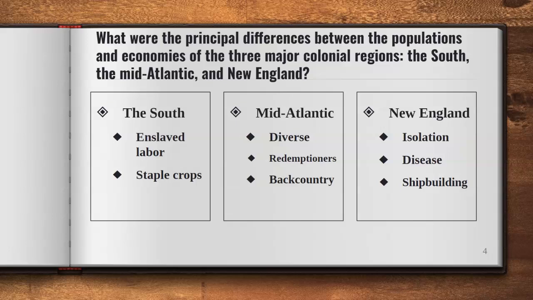The mid-Atlantic colonies, by contrast, were marked by their ethnic and religious diversity, a result of significant immigration. Germans, Scots-Irish, and Irish Catholics settled in the region, creating a pluralistic society. A new form of indentured servitude, known as redemptioners, emerged, allowing families to bind themselves to the same master in exchange for passage to the colonies. Most redemptioners eventually settled in Pennsylvania, where they grew wheat.